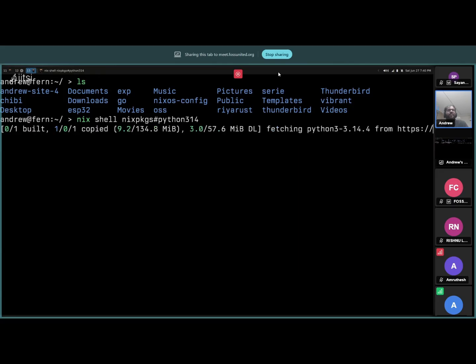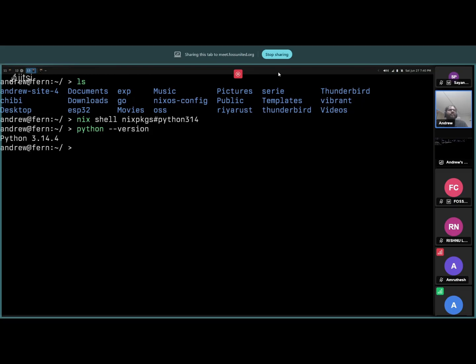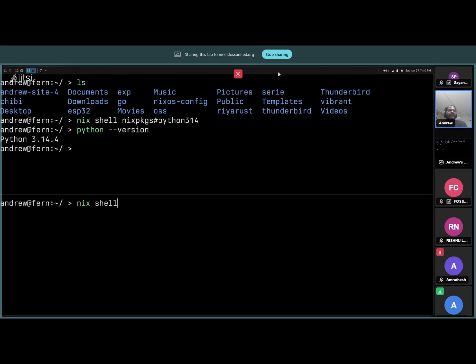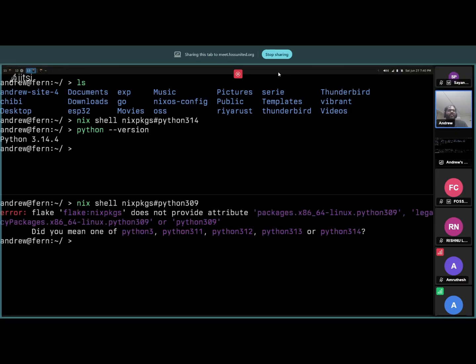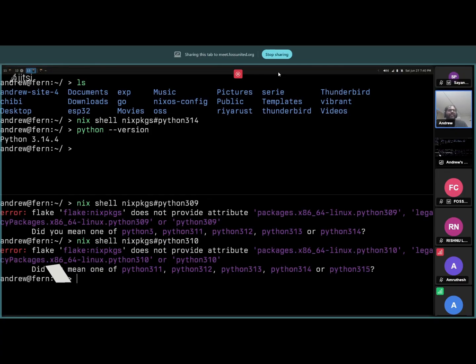It is going to pull Python 3.14 into my computer, because I don't have that installed. Now if I do Python version, I have that. But at the same time, I can maybe start another shell with nixpkgs Python 3.09 or something. I think it'll be 3.10, or okay, 3.11.